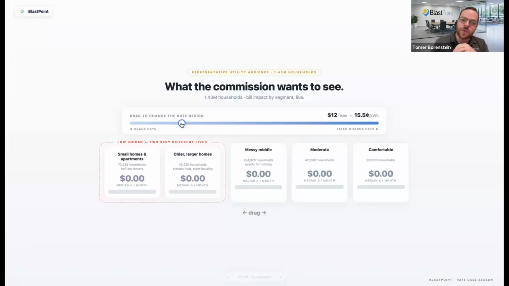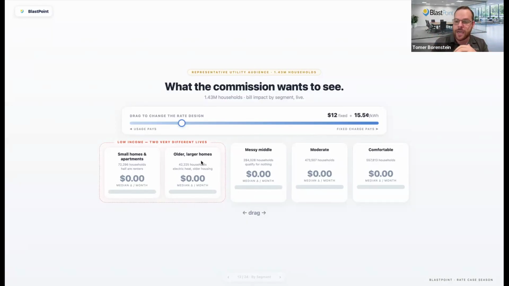Because now what you can do, and you'll see the income-based levels here and how they all change together when I start to move this slider. But the point is that we have quantified the small homes and apartments and the older and larger